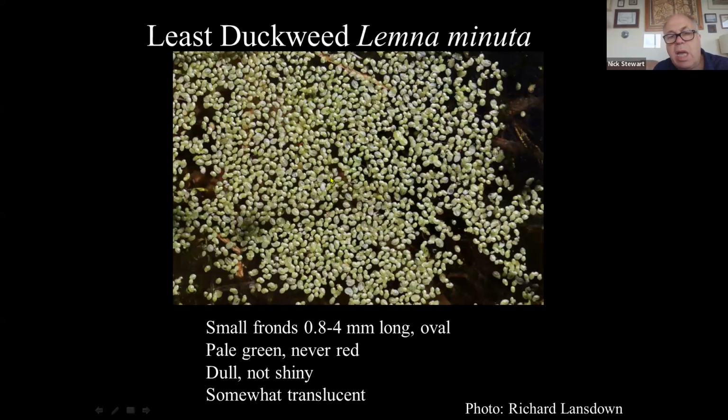You can see there's a slightly bigger one here, and say, okay, that's Lemna minor, so these ones are smaller, so it's Lemna minuta. There are supposed to be differences in the veins, but that's very difficult to see. And really, it's probably easiest to identify duckweeds in the field, where you can see them growing in a mass,